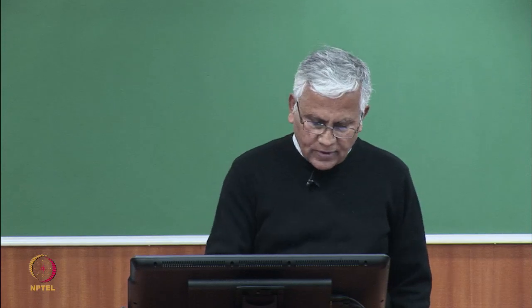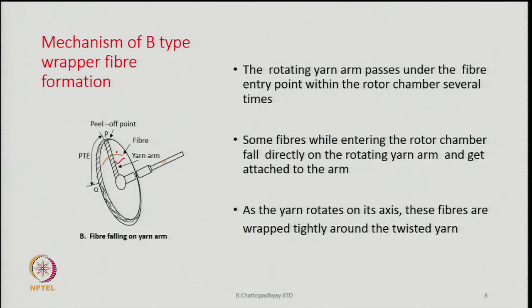Now, if a fiber lands on it, the fiber end will be caught by the yarn arm, and if it is caught, then the fiber will be wrapped around it, because the yarn itself is rotating on its own axis. Once these fibers, as shown here in the orange diagram, the orange color fiber which has landed on the yarn arm, will be picked up by some hairs or some loops which are there in the yarn arm,